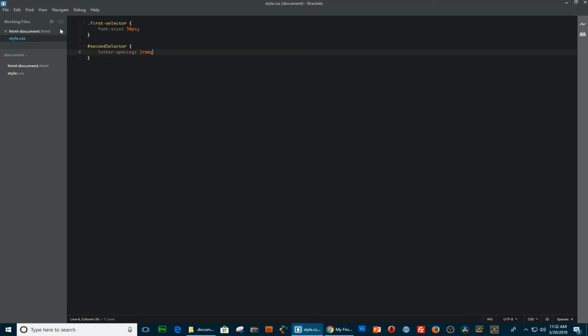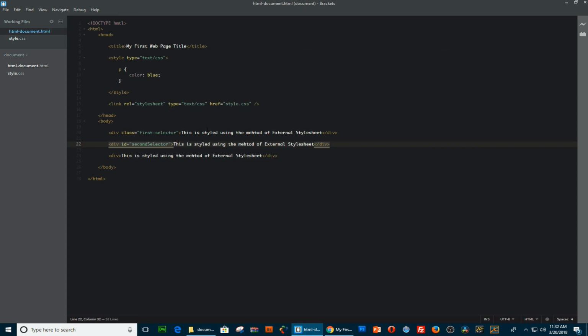Now let's go back to our HTML file. Now we're going to target our last element here. Okay, and this is a little different than the other ones. Okay, so I'm going to add a class again, and I'm going to put third selector, third selector. Now let's go back to our CSS file,